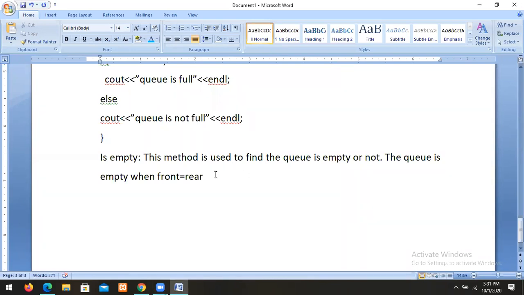So we go for implementation. Void Q colon colon is empty.